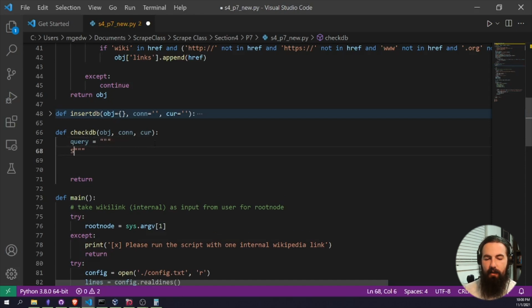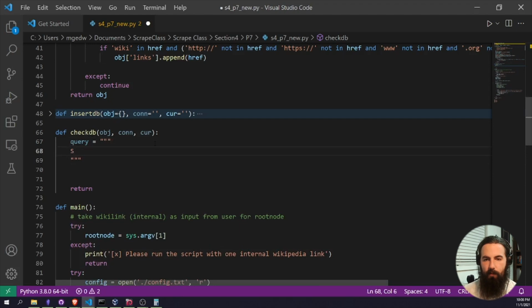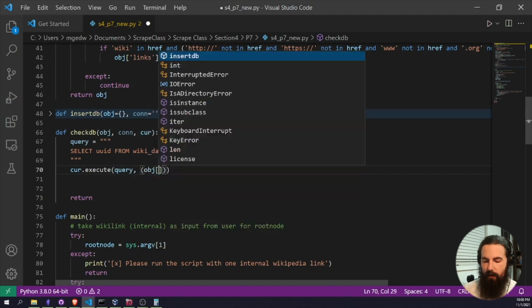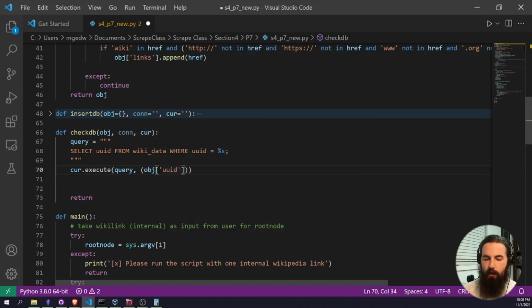We're going to select UUID from wiki_data where UUID is equal to the string. The string that we're going to pass in is just the UUID string within the object. So cur.execute, query, and the UUID. Now, funny quirk about Psycopg2, at least, may not be present in 3, but for some reason